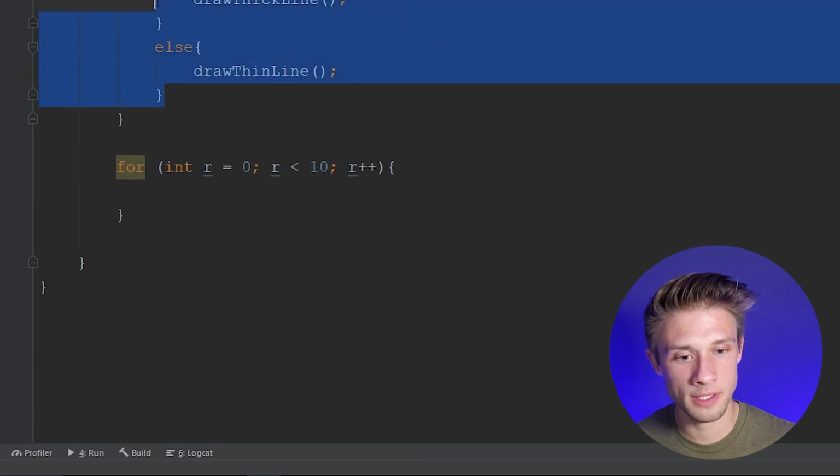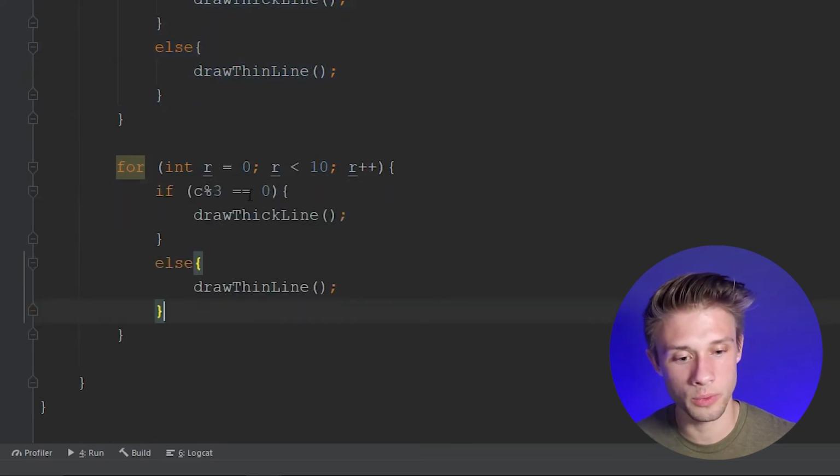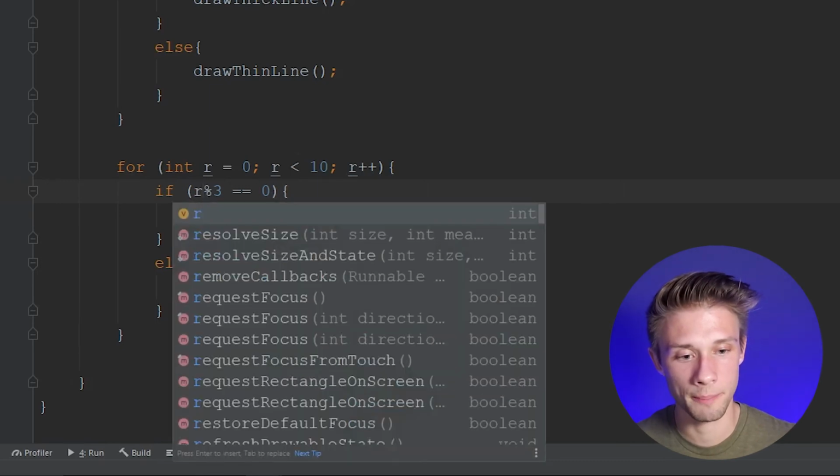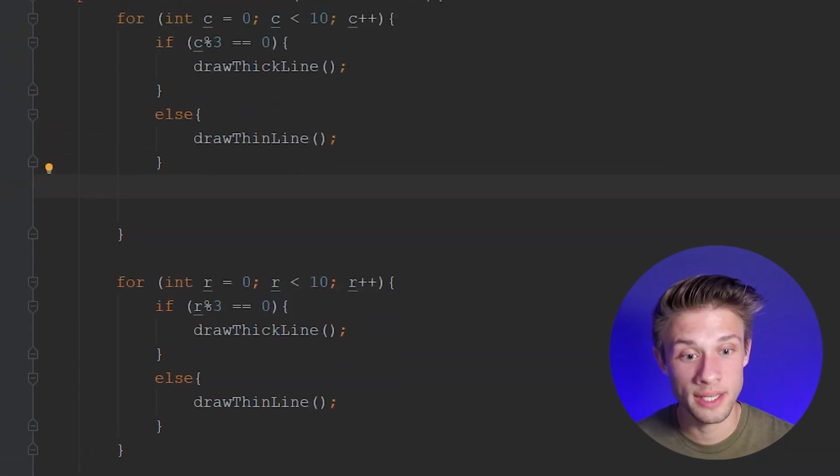And then we're going to copy and paste this because it's going to be the exact same for our rows, except instead of saying c mod 3, we need to change it to r mod 3. Then outside of our if statement, we're going to type in